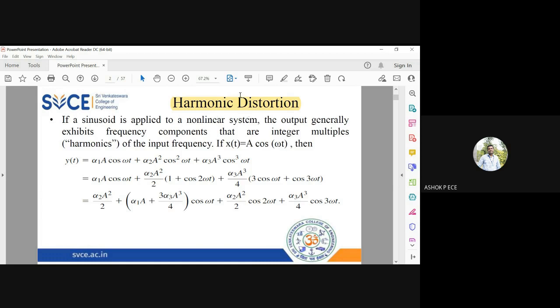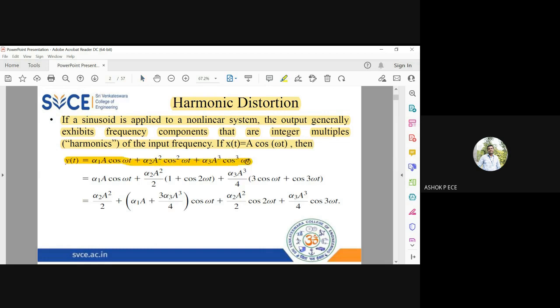So, distortion is a change of shape that happens in a signal. And harmonic means integer multiples. For any mathematical analysis, we'll assume we are going to apply a sinusoidal signal. So here also, assume that we are going to apply a sinusoidal signal to an amplifier, and the amplifier is going to have